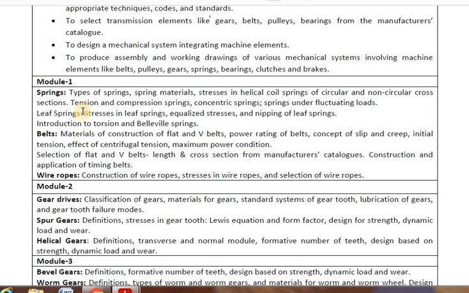Students are informed to continue with this, and the parallel scheme students also have the same contents. The only thing is, the springs which I am doing are in module 1 for the 18 scheme. The springs are in module 2 for the parallel scheme students of 15 and 17. So these are staggered here and there, but the contents are more or less the same. And the parallel scheme has one module which is totally different from this, so we will explain that separately for the parallel scheme students later, once we complete the portion for these students.